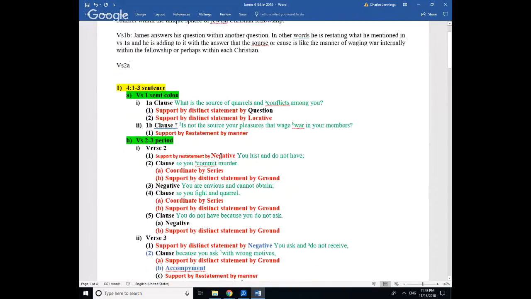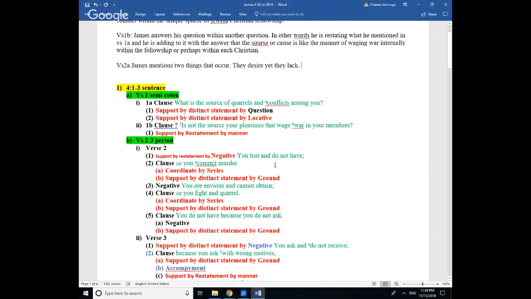All right. So right here, it says support by restatement by mention of a negative, because it says you lust and do not have. So we mention two things. So you would say James mentions two things that occur. They lust or desire, yet they lack. Okay. And then so